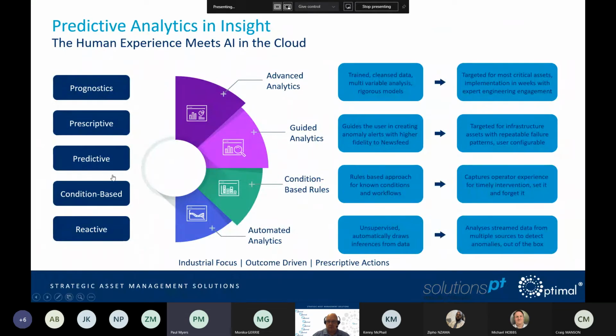So the additional analytics that we can provide in Insight are very useful for different use cases and personas. We have 5 types of actions that can be taken out of the analytics in Insight. We have reactive responses, condition-based responses, predictive, prescriptive, and then prognostic methods. And the way that this works, if we look at the green segment on the screen, first of all, we